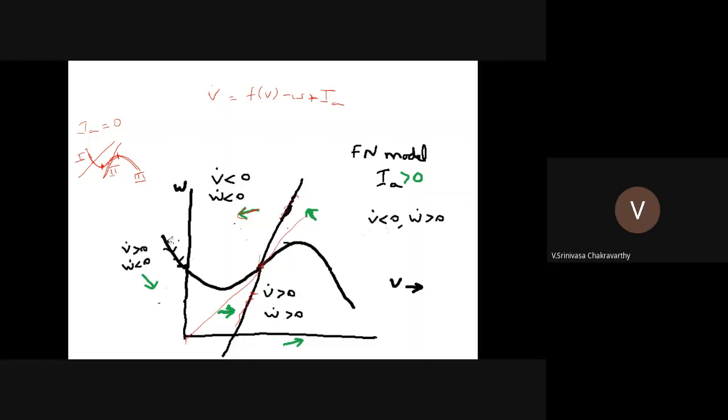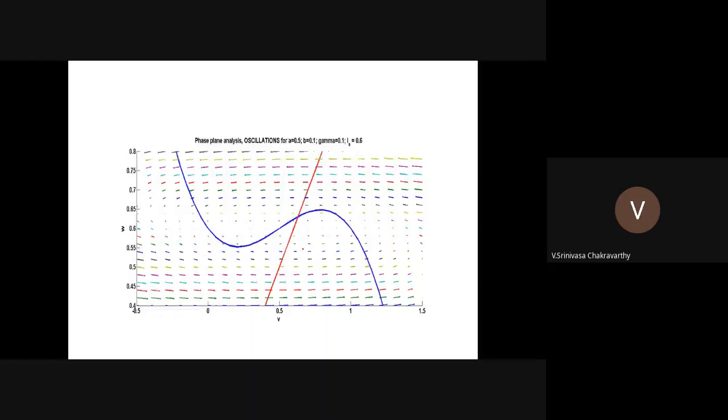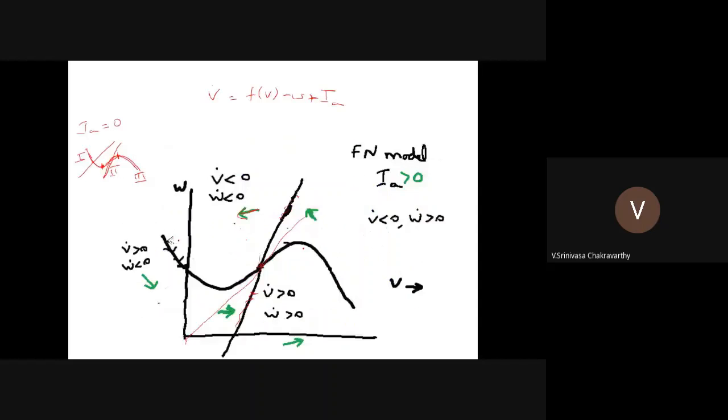This is the fixed point. You can see some circulation going around the fixed point. Okay, so what about the sign of the fixed point? What about the stability of the fixed point? Let us see that. So in this case, you can see that in the previous case,